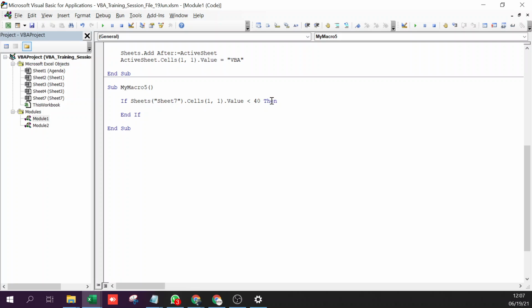So what happens if the condition is not satisfied? Same way you can write else. So if the condition is satisfied, this code will be run. If it is not satisfied, this code will be run. Again, another piece of syntax that you have to know.